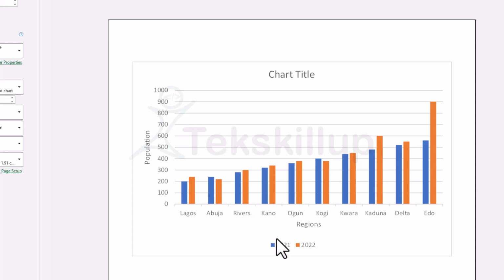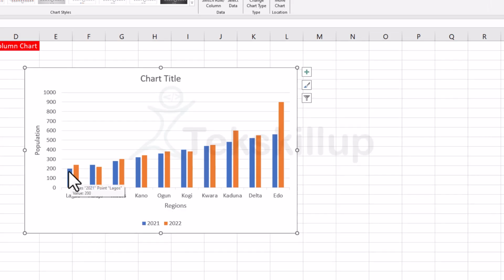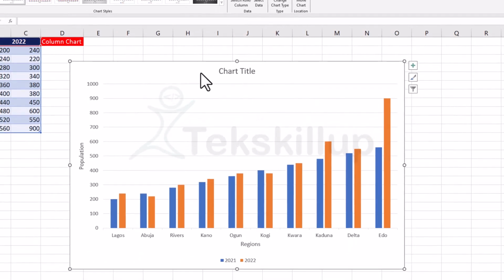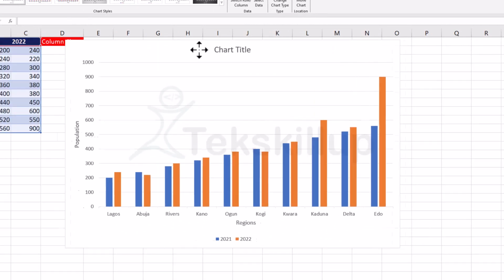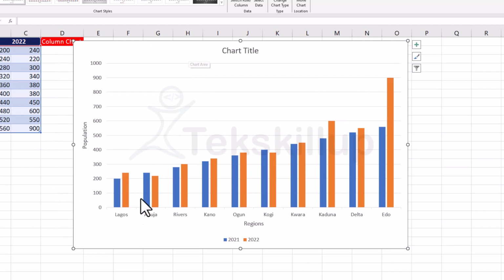Now looking at this chart, let's get back to this chart here. In 2021, we have these blue bars here, and 2022 are these orange bars. That means in the region of Lagos in 2021, we had about 200 persons in population. So now using this to show to anyone that doesn't understand data, you can use this graphical representation to tell them, okay, this is Lagos 200. We have Lagos here, but in 2022, we had an estimate of, all right, once you take this mouse close to here,